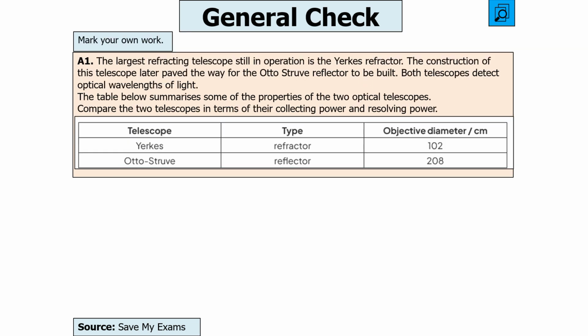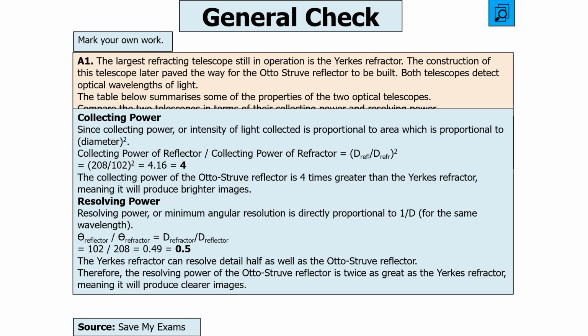Right, so how do you answer this question? Well, collecting power, we should be able to understand that collecting power is proportional to the area, which is proportional to the diameter of the telescope squared. So you can see that the ratio of the two collecting powers is going to be the ratio of the two diameters of the telescope squared. So you do 208 over 102, square it, so you get about 4. So that tells you that the Otto Struve reflector is about 4 times greater than the Yerkes refractor, meaning it'll